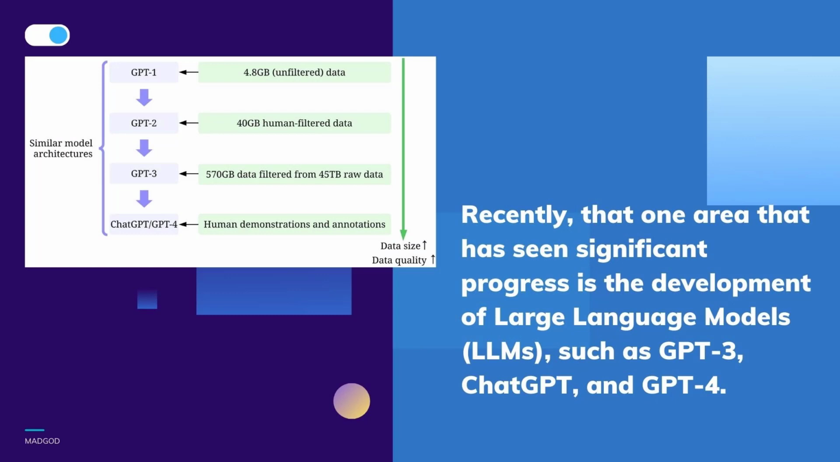Artificial intelligence, AI, has made incredible strides in transforming the way we live, work, and interact with technology. Recently, one area that has seen significant progress is the development of large language models, LLMs, such as GPT-3, ChatGPT, and GPT-4. These models are capable of performing tasks such as language translation, text summarization, and question answering with